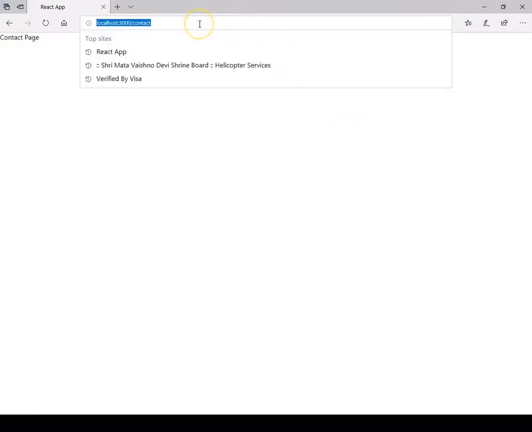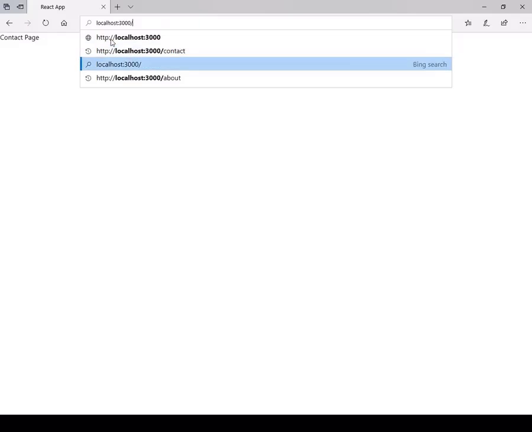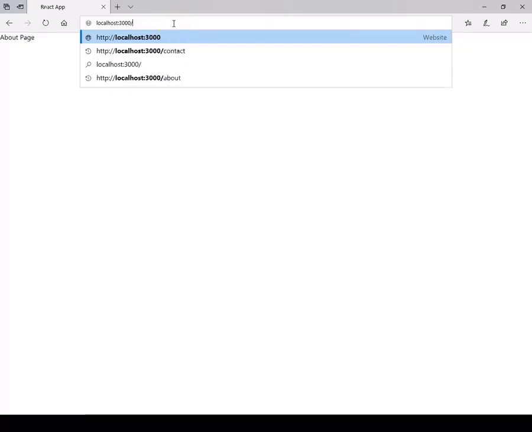Now you can see that if I am rendering contact, only the contact page JSX gets returned. If I am writing about, the about JSX gets returned, or the component returns the HTML with JSX. And when I am not writing anything, the Home component gets rendered. And when I am simply writing home, the Home component also gets rendered.